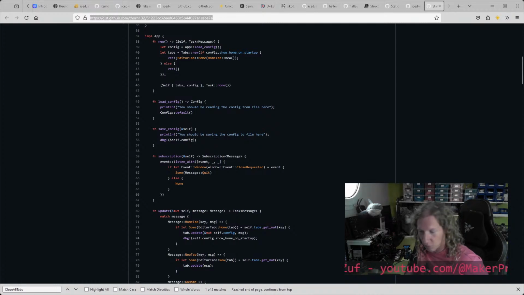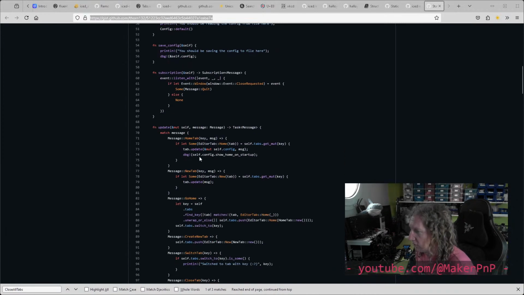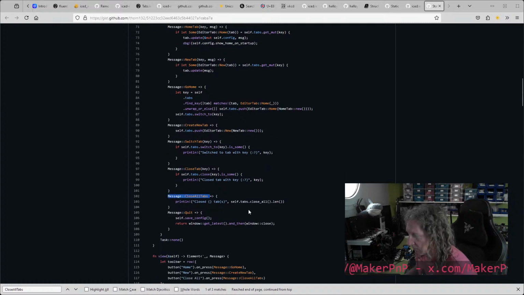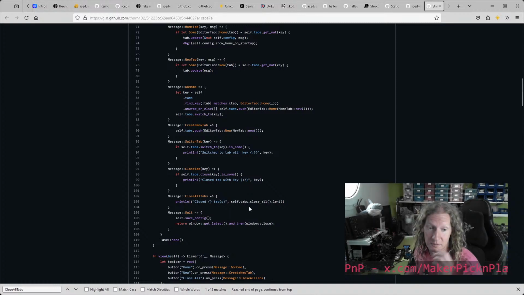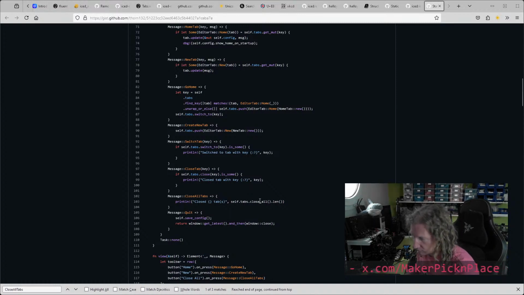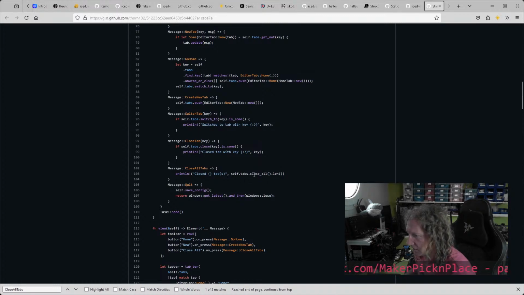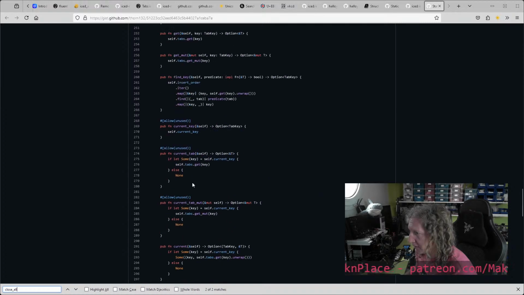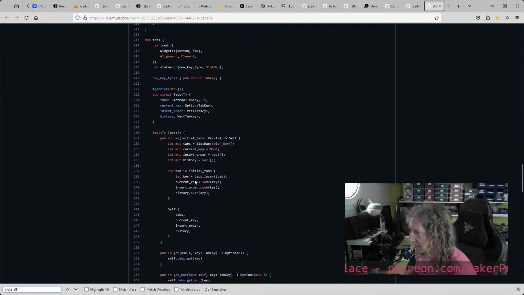to do close all. So the app has an update method which handles close all here, and it just calls self tabs close all, which is sort of what I was doing yesterday, which is fine. And then it just calls close all. So how does close all work inside the tab bar implementation, or inside the tabs? Yeah,